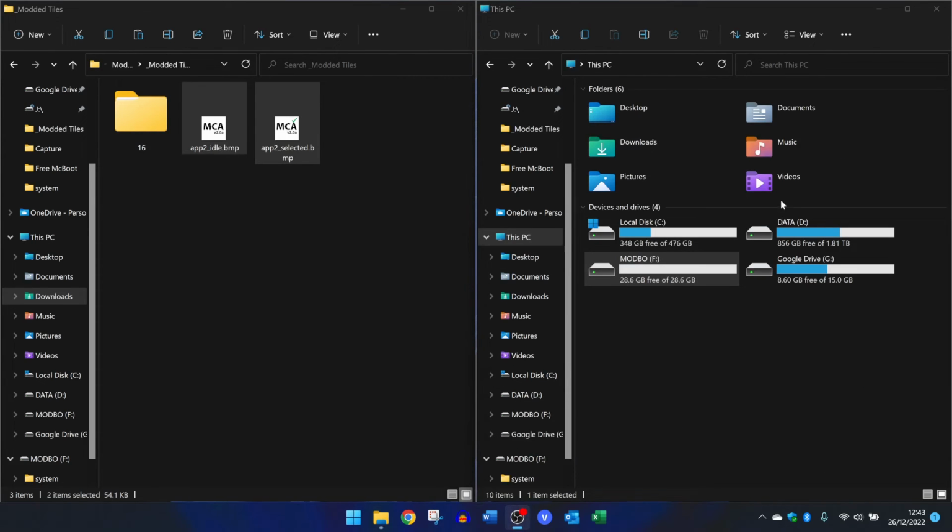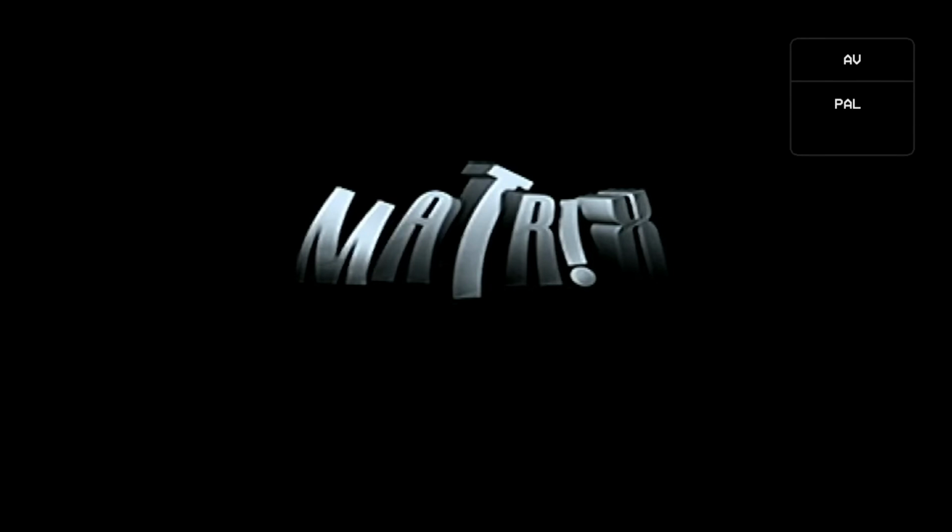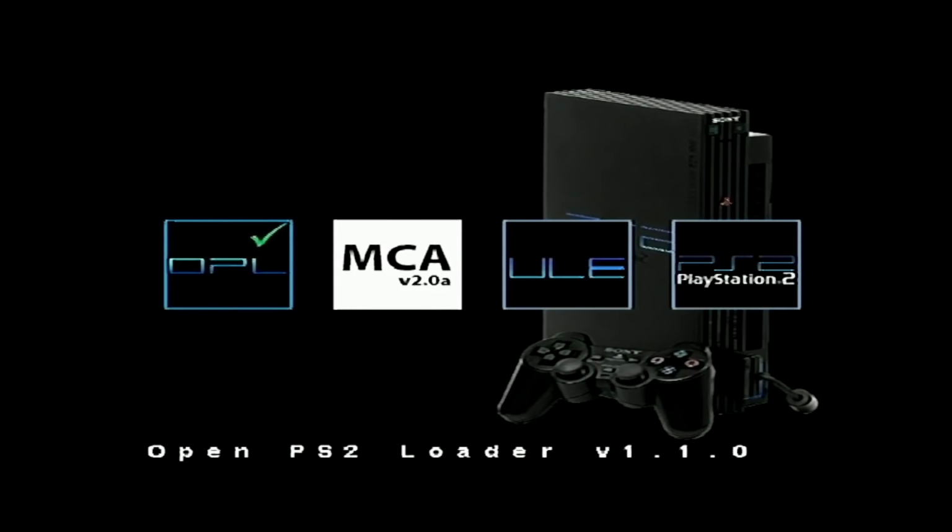If we go back to our PS2, I'm going to remove the USB stick from the PC, plug it into our PS2 and reset. The boot menu's going to load, and hopefully this time, yes, there you go. We can see we have some new icons on our boot menu. If we scroll across to MCA, you can see that we have the little tick, so that's now behaving in the same manner as the other icons. We can see when it's active. The tag at the bottom of the screen has also changed to MC Annihilator version 2.0A. If we hit our X key to launch that,